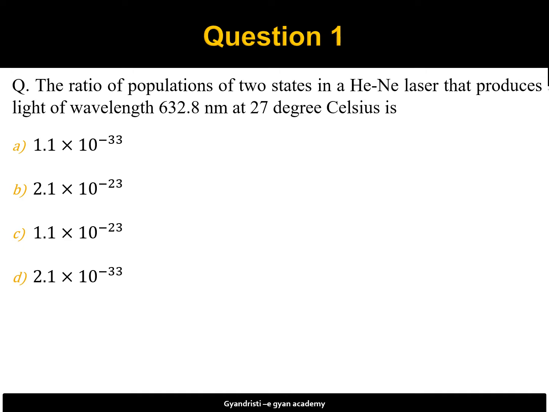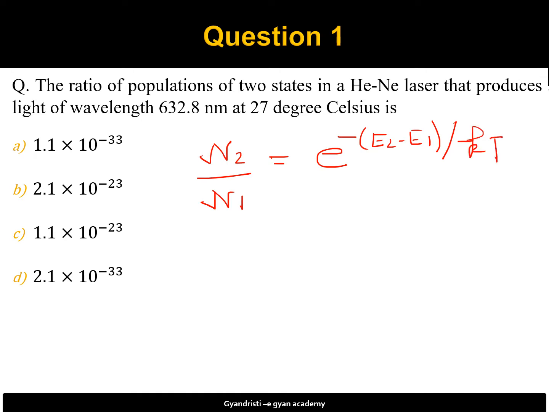So we'll use the Boltzmann relation for the calculation of population for two states. If N2 is the population of the upper state and N1 is the population of the ground state, then it is related to the temperature by the relation E2 minus E1 by KT. Okay, so E2 minus E1